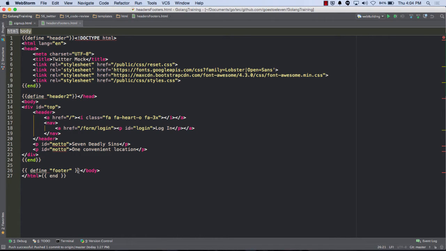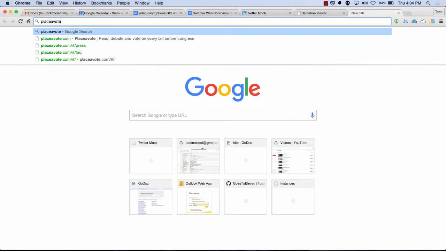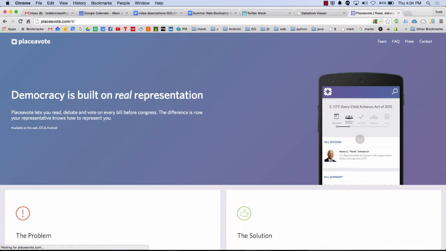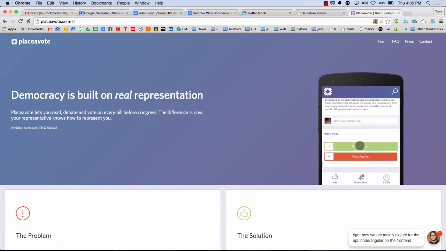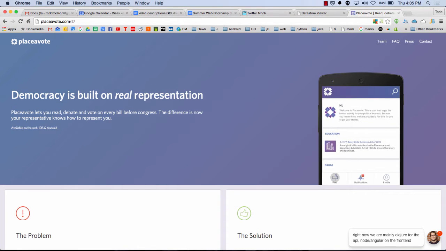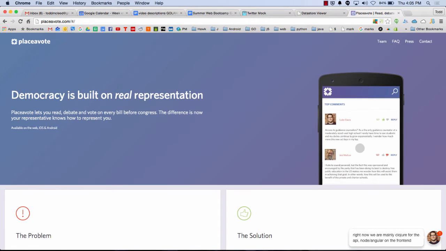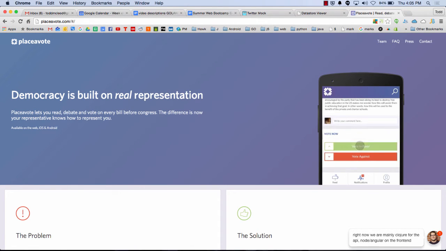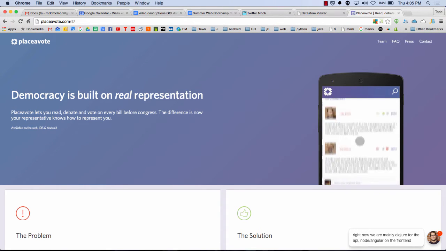Eventually, I might put in here, like, a lot of websites. Like, here's a website that a friend of mine did. Well, actually, he's not a friend, he's an acquaintance. And that's totally cool. And he's trying to change democracy, where representatives don't make votes in Congress based upon what they think is best, but their constituents all are polled on every issue and tell the representative for each issue, vote this way. So it doesn't matter, right? But the question is, will it work? Will people really want to vote on every issue or stay up to date with every issue?